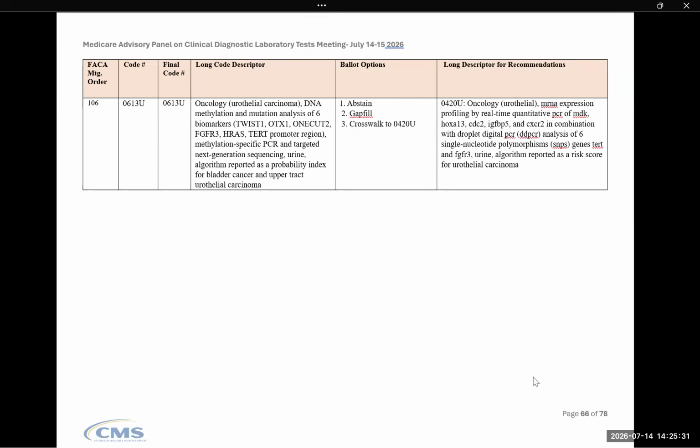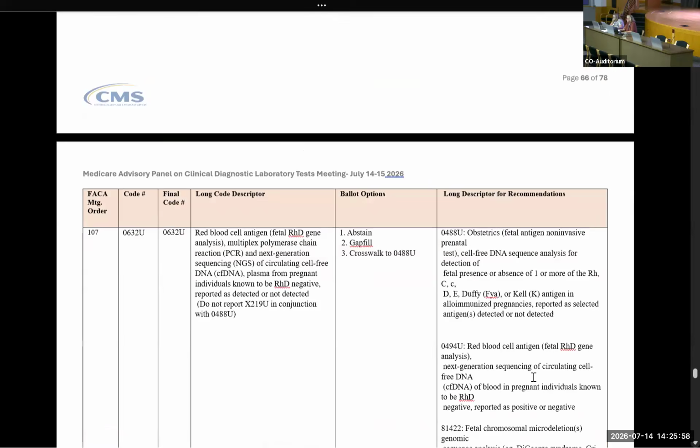Thank you. Do we have any questions or comments from the panelists or CMS on this code? All right, if not, panelists, please cast your votes. Thank you. All right, next up we have